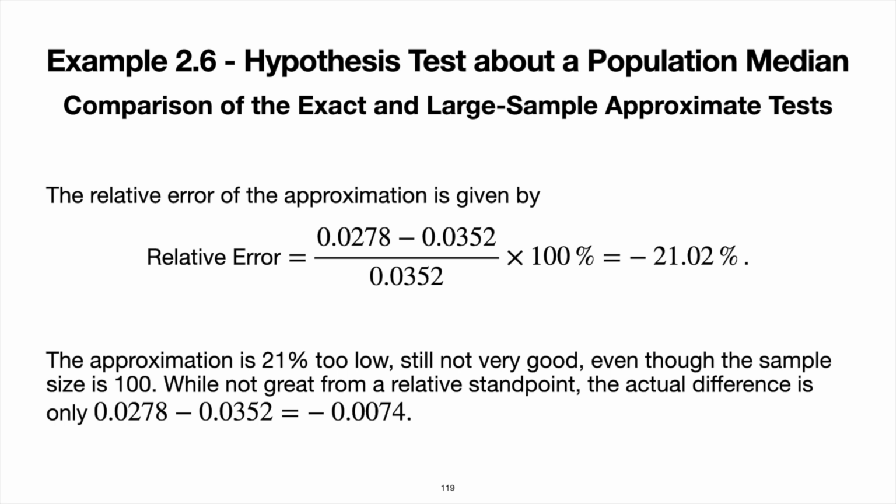Now, let's talk about why this is. Even though we doubled the sample size from the last example to this example, why did that relative error get bigger? Well, it's because we're further out in the tail. The p-value in this example is smaller. The results are more significant than they were in the previous two examples. Remember that in the previous two examples, we failed to reject the null hypothesis. In this example, we're rejecting. We're rejecting because the result is more significant. In other words, the p-value is smaller, further out in the tail. Here's why the relative error actually increased, even though the absolute or the true difference between the two values is